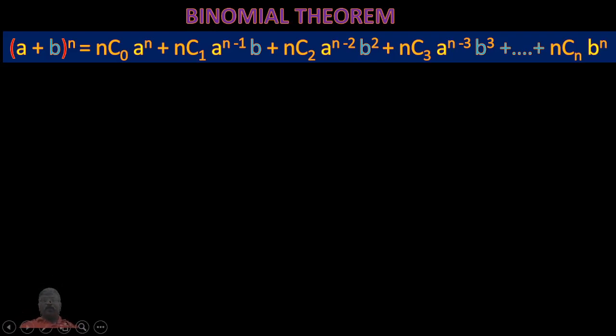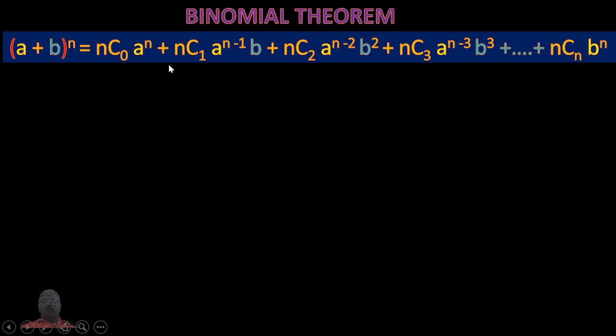Good evening. Today let us try to prove the binomial theorem. We know what the binomial theorem is. First of all, it is called the binomial theorem because it contains two terms, a and b, and this is raised to the power n. When we raise (a + b) to the power n, we get nC0 a to the power n